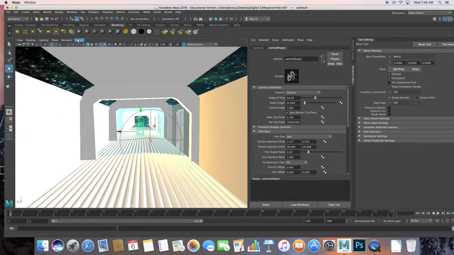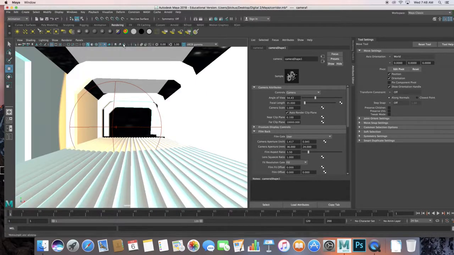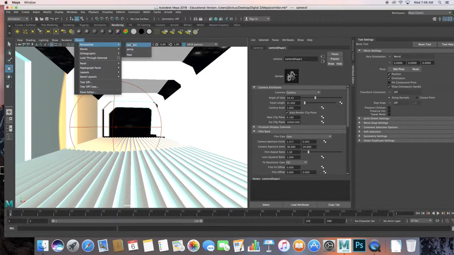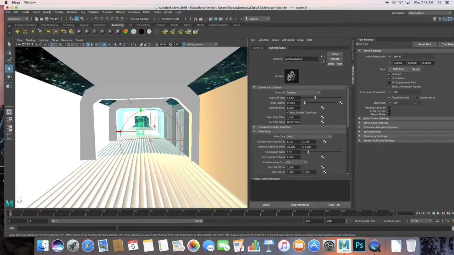I can also go to Panels and then Perspective and Camera 1, and now I'm seeing what Camera 1 is seeing. Okay. From here, you can do this really any way you want, but you want to make sure you're selected either on the camera or you're actually looking as the camera. So what I'm going to do here is down here in my timeline,